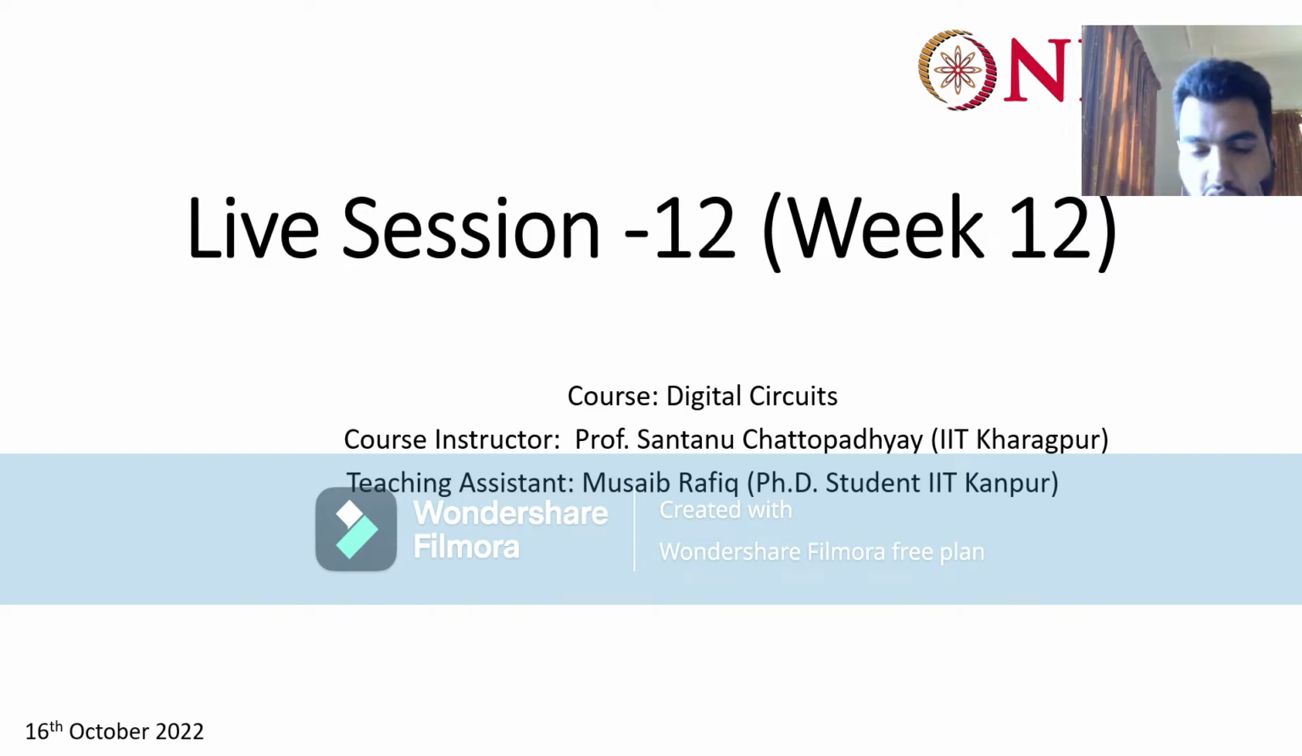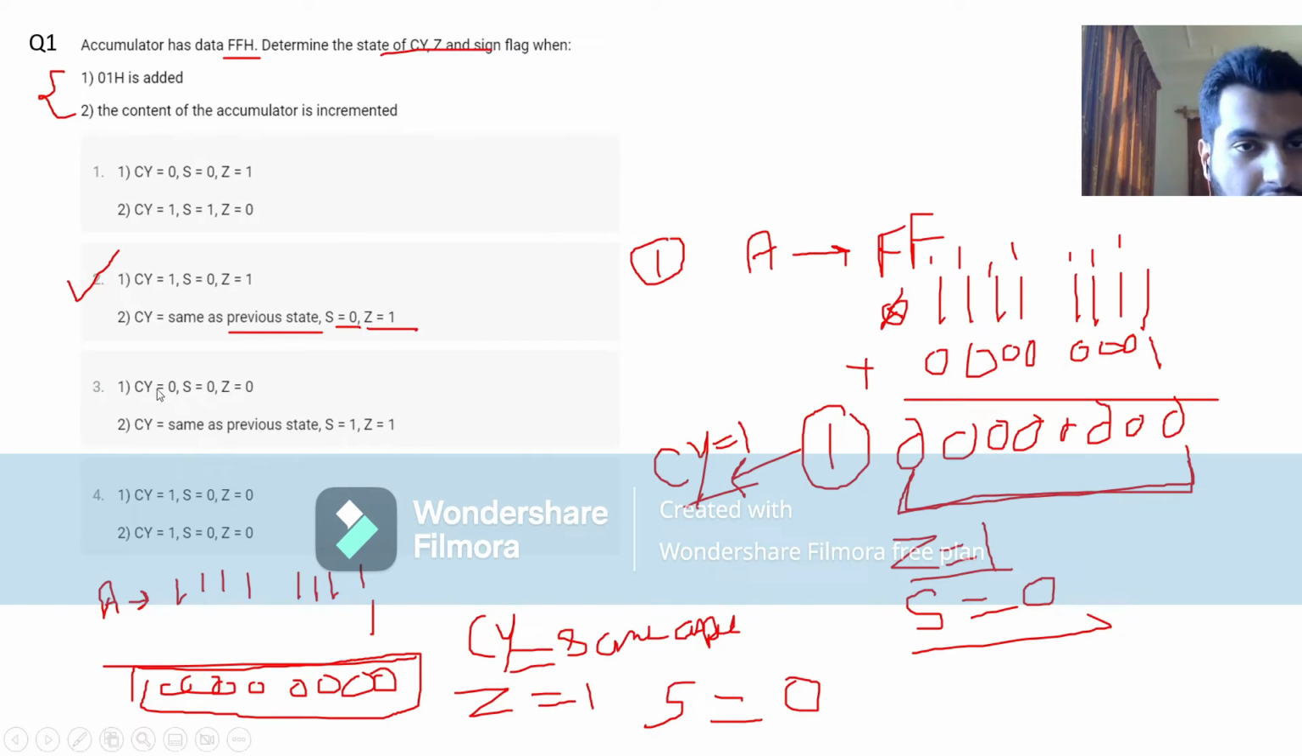Let me start with the first question, as we discussed earlier, but as a quick revision. Question number 1 asks: the accumulator has data FFH. Determine the state of the carry, zero and sign flags when 01H is added and the content of the accumulator is incremented. So we are given two operations: one is addition, another is the increment operation. We are required to find the state of the carry flag, zero flag and sign flag after these two operations. The contents of the accumulator are FF, that is 1 1 1 1 1 1 1 1, and the first case tells us to add 1 to it, 0 0 0 1, and once we add it,